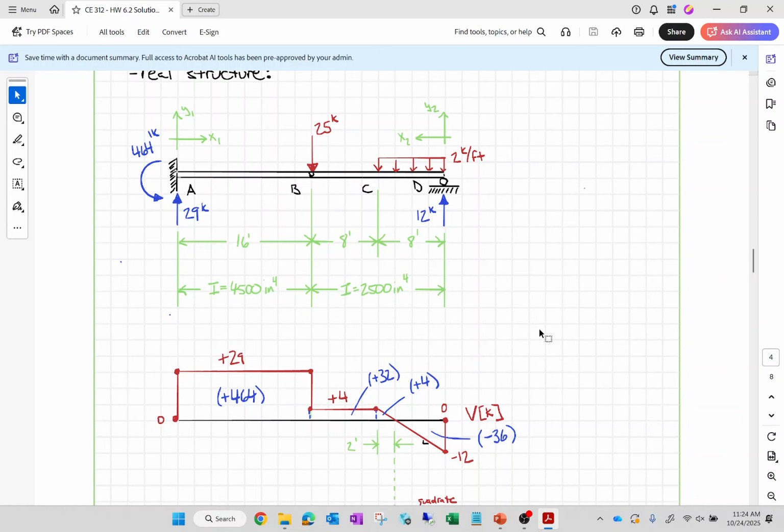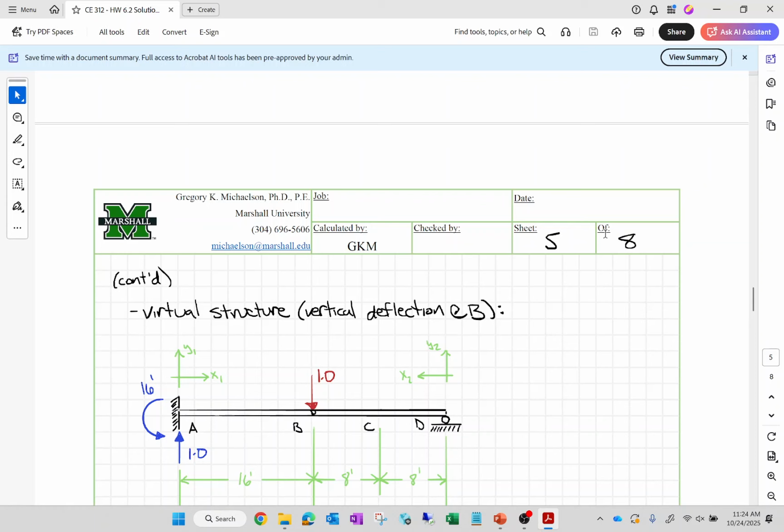So that's why if you scroll down here for the virtual structure, I'm using the same coordinate system. Okay? Now what ends up happening for this virtual structure is you get 1 down, this ends up being 1, and this ends up being 16. Before I start going down the rabbit hole, should I have a discussion as to why this reaction is 0? Feel like we're shaking heads yes? So part of the reason with this solution is I actually didn't provide a lot of details because I want you to work through this stuff together. All right, so